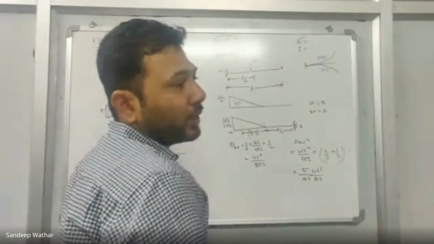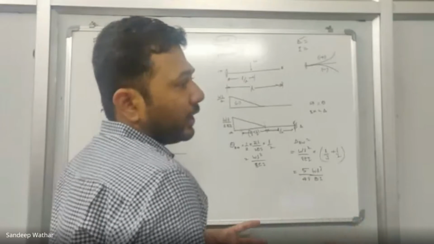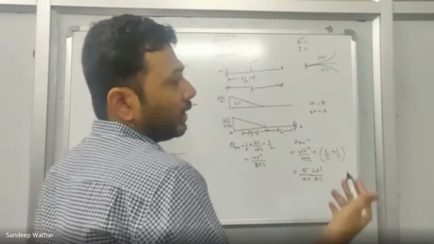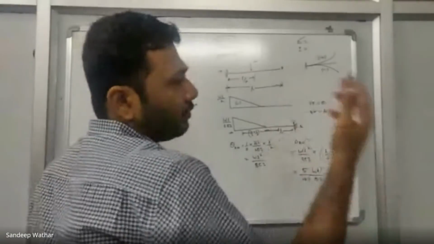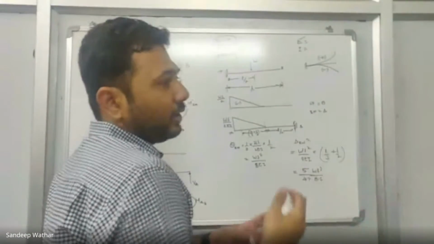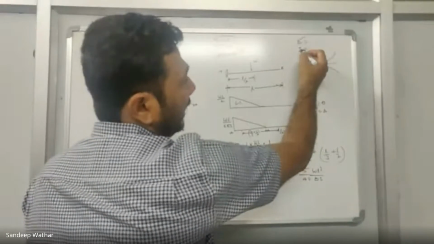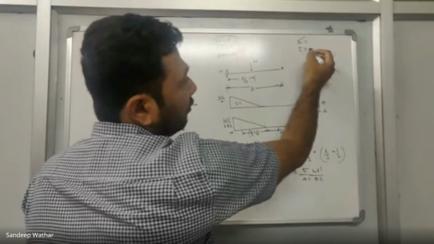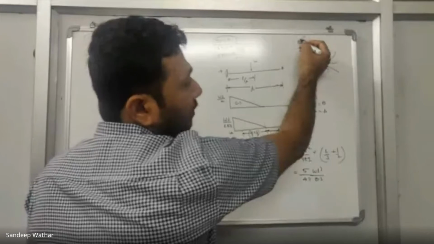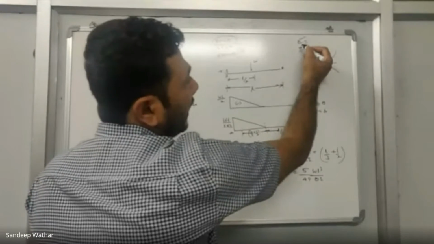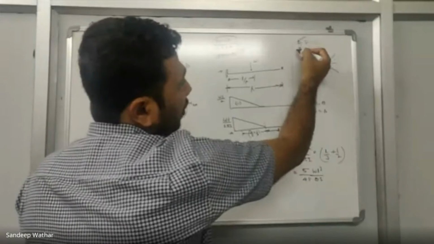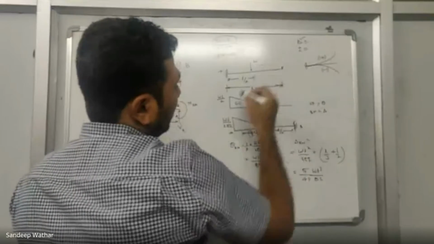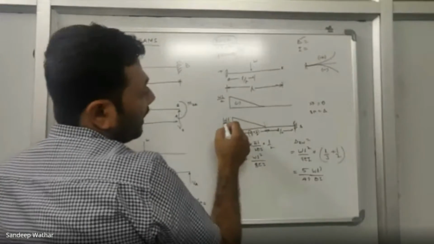I hope you all know what the moment of inertia is and how we calculate it. For example, for a rectangle, how much is it? BD cube by 12, right? Similarly for circular, triangular, and all of those, you know what the I value is. So I is derived from geometric values. E is derived from the property values. So E and I together are basically the flexural rigidity. Okay. So the bending moment diagram will be divided by EI.